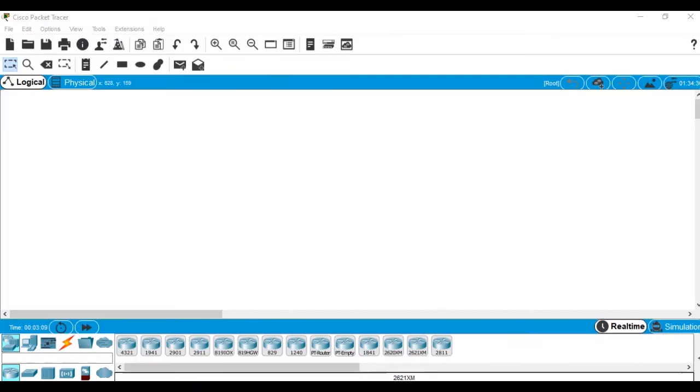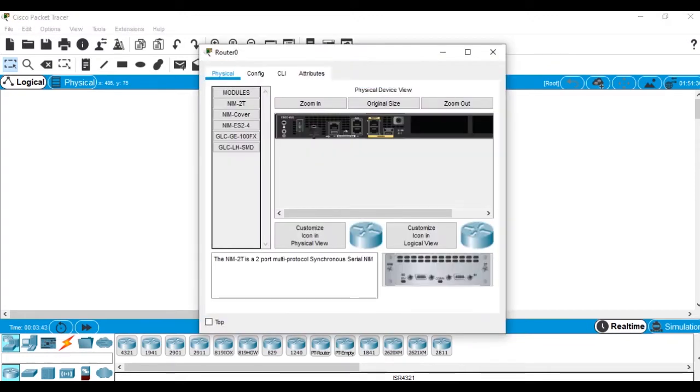For configuration of DHCP in the router, because DHCP is important in the router, whenever we access from the home, we need a DHCP so that we will be able to access the PC for internet. The router needs to be configured as a DHCP. We'll take a router that is ISR 4321. Now we will configure this as a DHCP configuration.